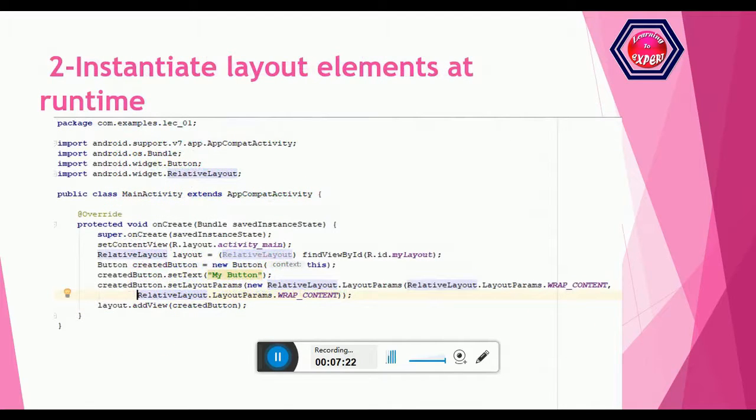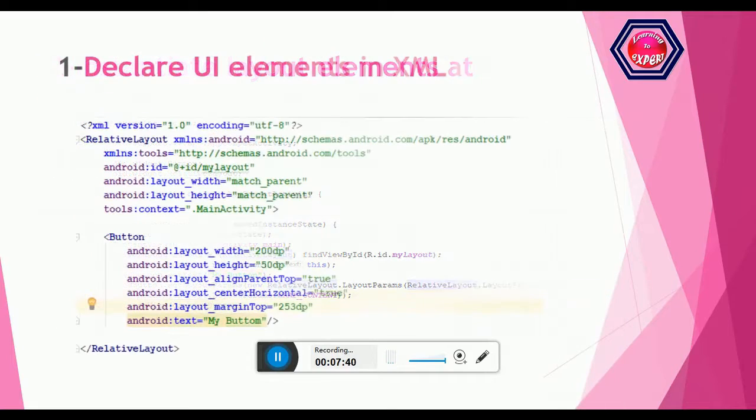Set layout params, RelativeLayout.LayoutParams.WRAP_CONTENT and RelativeLayout.LayoutParams.WRAP_CONTENT. So wrap content, and the second one is also wrap content. Here you can see in the relative layout, here you can see a